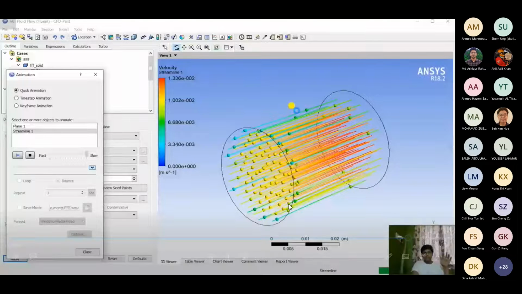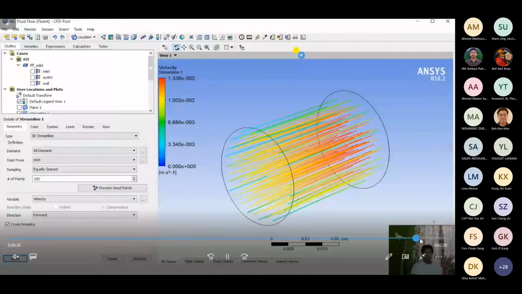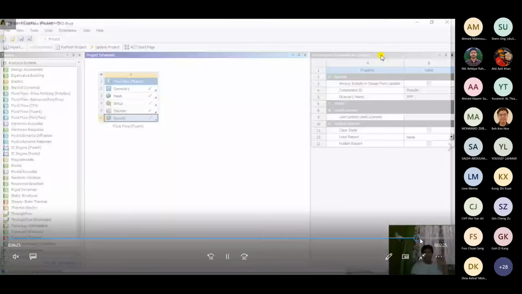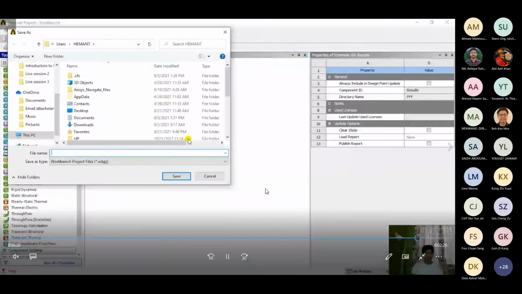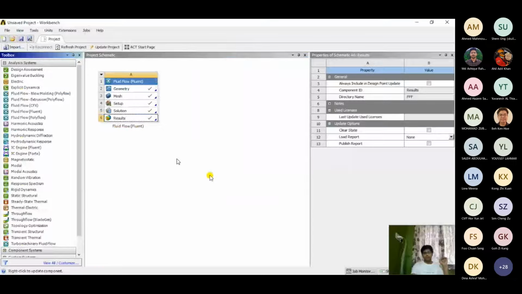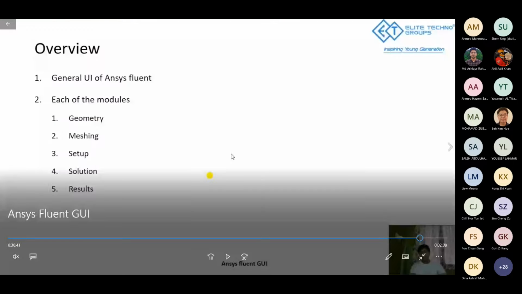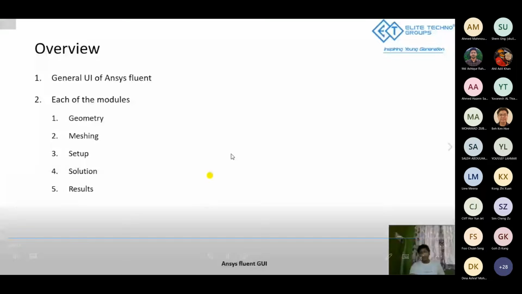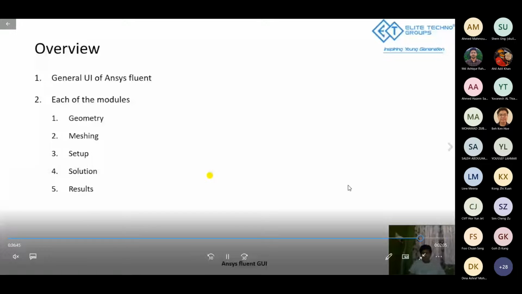So that was about the simulation. Now coming back to the ANSYS domain, after completing an analysis, you have to click on the save option to save your analysis. It's really important, because if you don't save, you won't have the calculated data in your storage, and if you try to revisit, you won't be able to. So you have to save it by naming it anything you want. All in all, we have discussed these brief modules with the help of the case study and this small simulation.